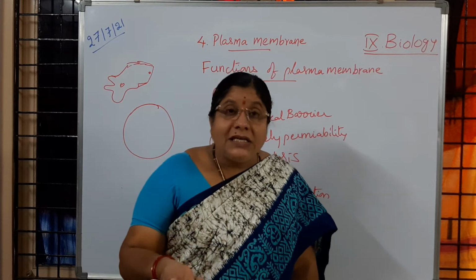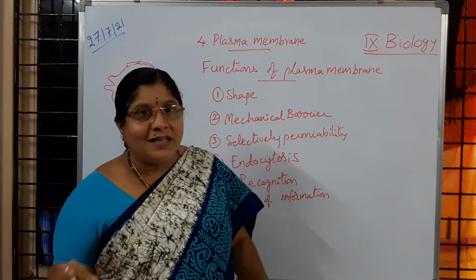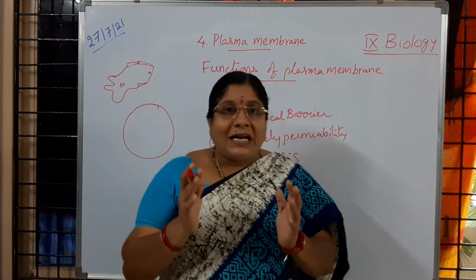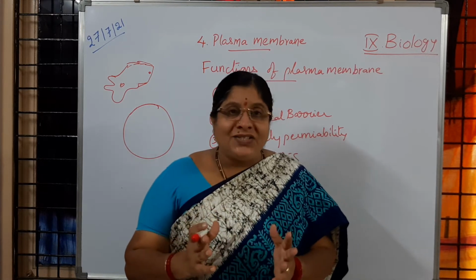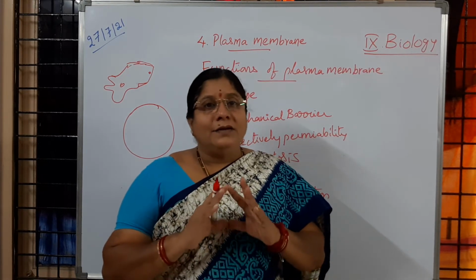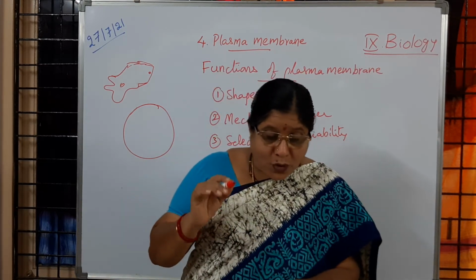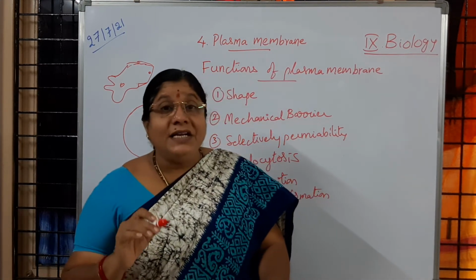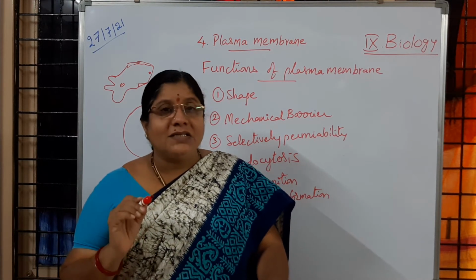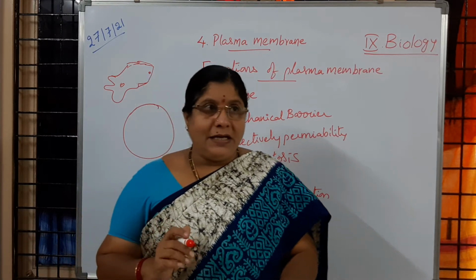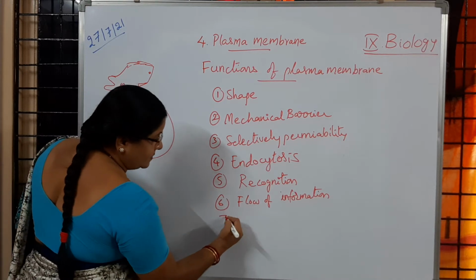So like different cells are present, different tissues are present in our body, different organs are there. How are they working? They are working in coordination with each other. If that coordination is not there, then we cannot survive. The cells cannot survive. So here the flow of information between the different types of cells is happening. That is because of the plasma membrane. Is it clear to you? Then the next one is osmosis.